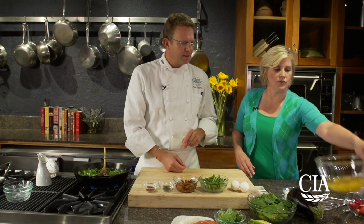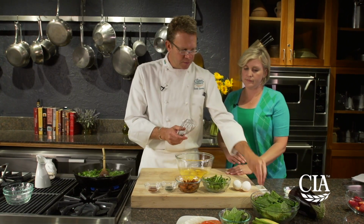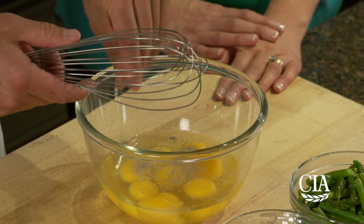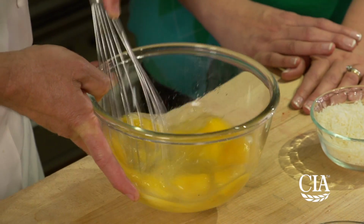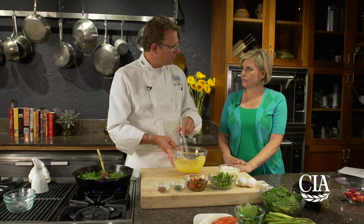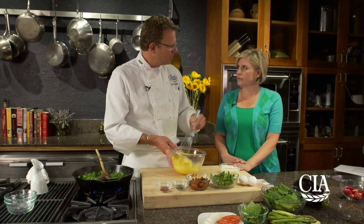Let's work with our eggs, if you wouldn't mind passing that to me. Sure. And the whisk. All right, so we're going to do a pinch of salt and a pinch of pepper, and about a half a cup of this cheese. I want to whisk this up. This is the base of the frittata. I like to have cheese in the frittata so that it helps it hold together, the structure. And the salt is in here to help denature the proteins a little bit,